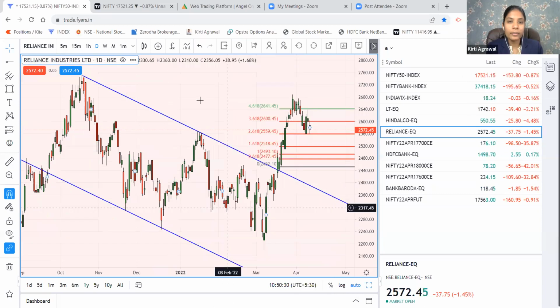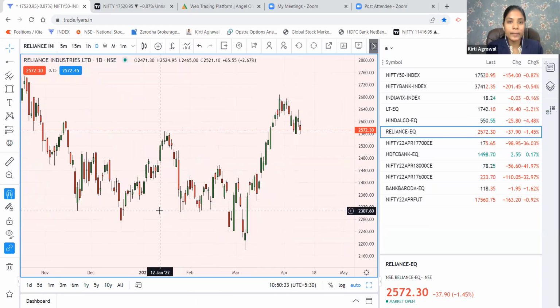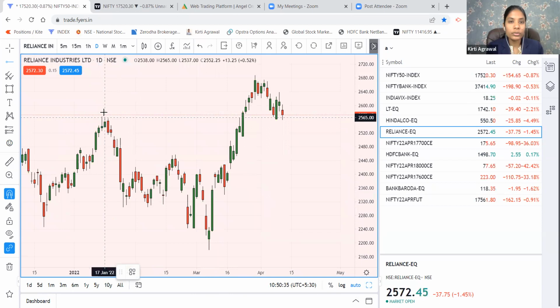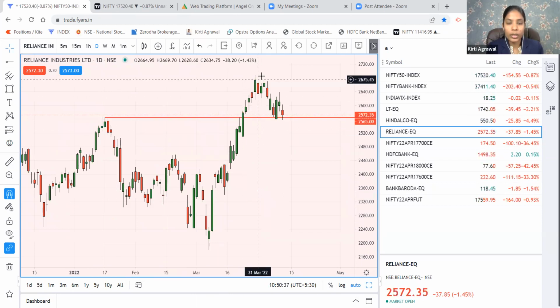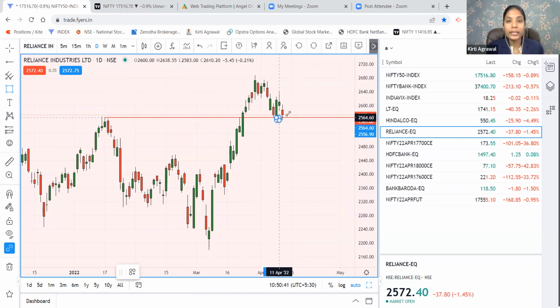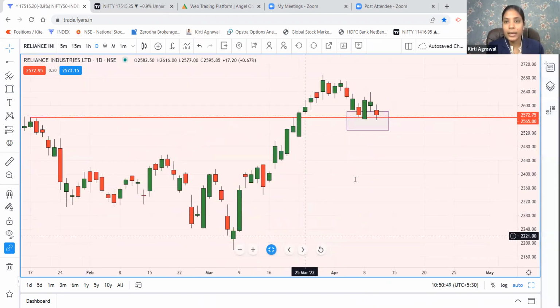So if I remove the drawings etc, ये जो सपोर्ट जोन था पहले, इसको यहाँ पे हमने तोड़ा, ऊपर गए, and this action is known as retesting in the price, right? तो ये जो एक्शन आता है बाजार में या स्टॉक में, this is nothing but retesting of